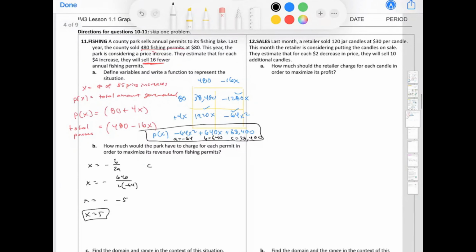So the county park needs to have 5 price increases. So they should charge